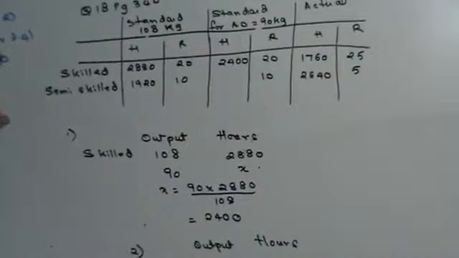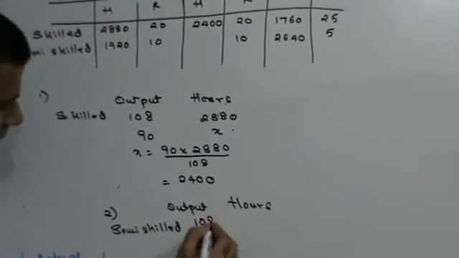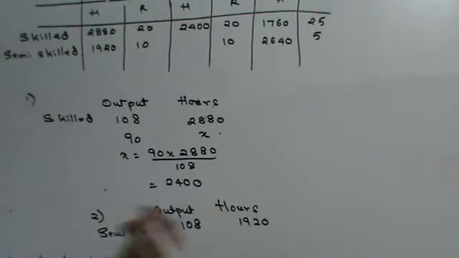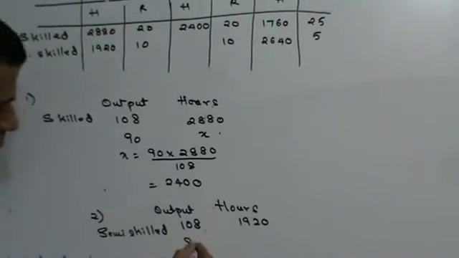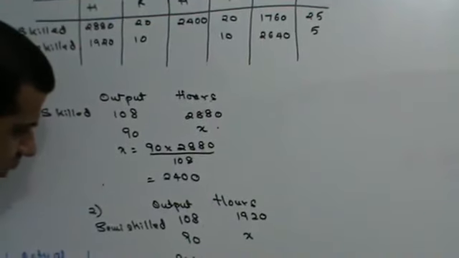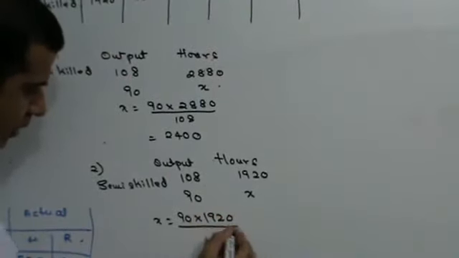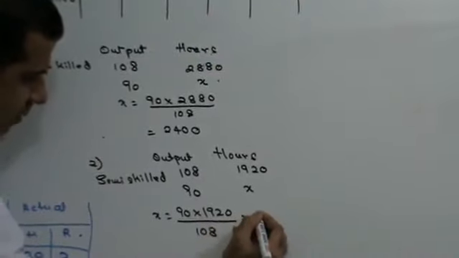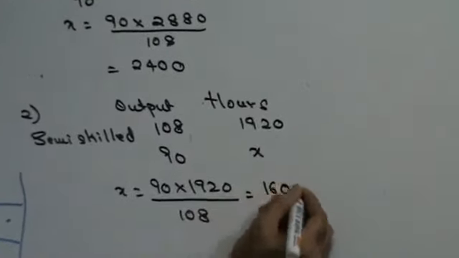Semi-skilled worker, output is 108 kgs, requires 1920 hours, right? Whereas my actual output is 90 kg. So how many hours? X is going to be 90 into 1920 divided by 108. Can someone please help me calculate? 1600. 1600 hours,